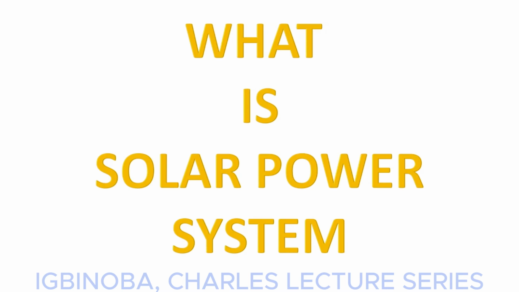A solar power system consists of a solar panel which captures the sunlight and converts it into direct current, an inverter which converts the direct current produced from the solar panel into alternating current that can be used by appliances and also be fed to the